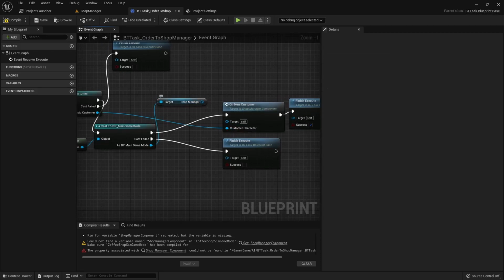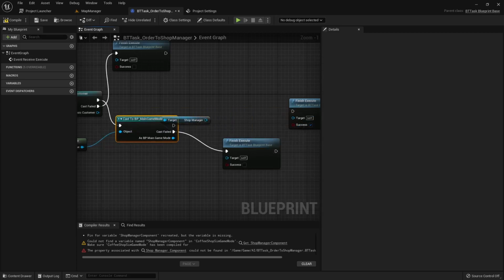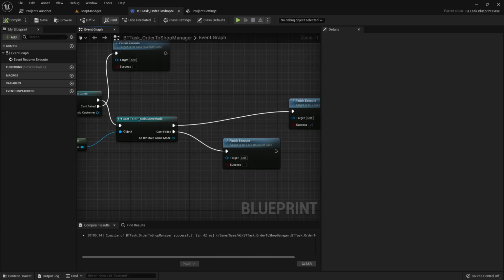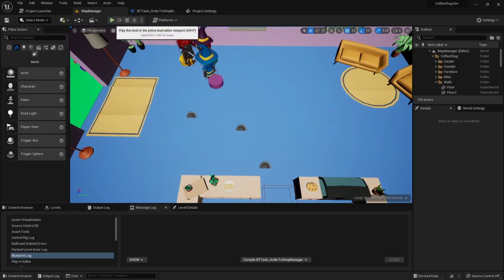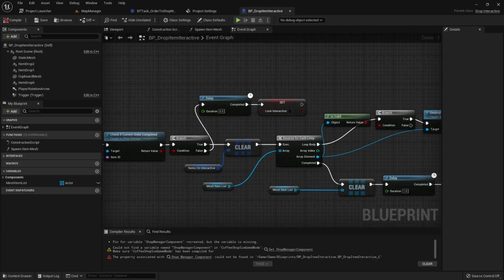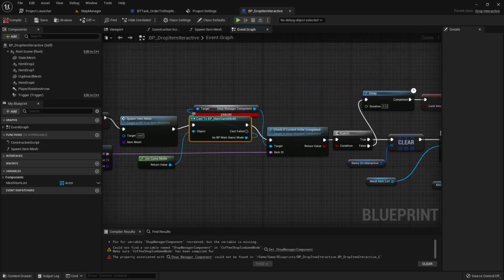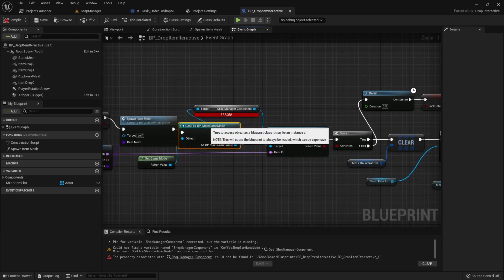Yeah, okay, so the shop manager doesn't have this either because we're going to do this differently, so we can just remove this. And well, we don't need this actually. Okay, we will skip that for now. And the other one is drop interactive. I believe this is the same, so yeah, it's expecting this from this, so we need to use the new